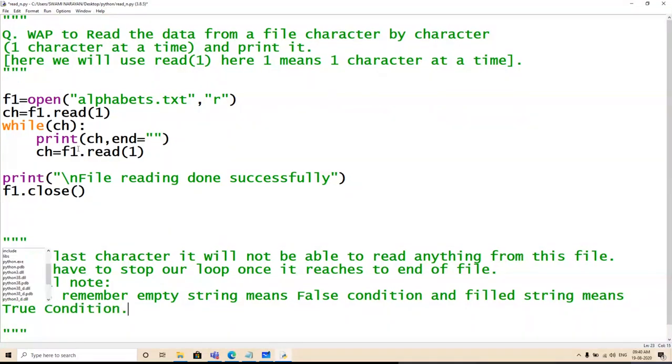So what is the meaning of this particular statement here? First of all, I am reading one character. If this character is read successfully, ch will have some character, of course.